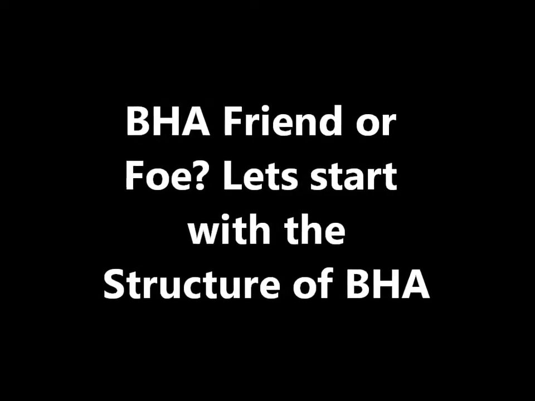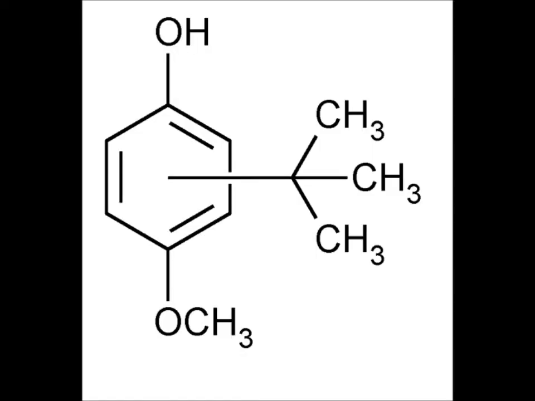So this is the structure of butylated hydroxyanisole, also known as BHA. And BHA is a mixture of two organic isomers, and their full chemical names are 2-tert-butyl-4-hydroxyanisole and 3-tert-butyl-4-hydroxyanisole. The molecular formula of BHA is